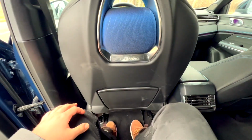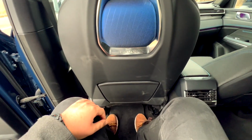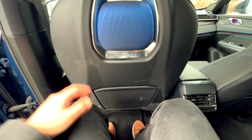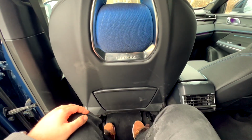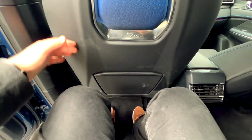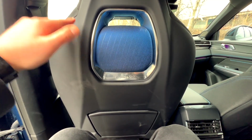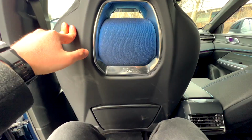So I noticed this the other day when I was testing out the back seats off camera. They're very low. So I sit pretty high anyway in the driver's seat, and in here it feels like I've just slumped down a fair bit, but there's a lot of leg room. As you can see, this seat obviously is in my driving position, 5'11" and a half, or 1.8 meters tall,